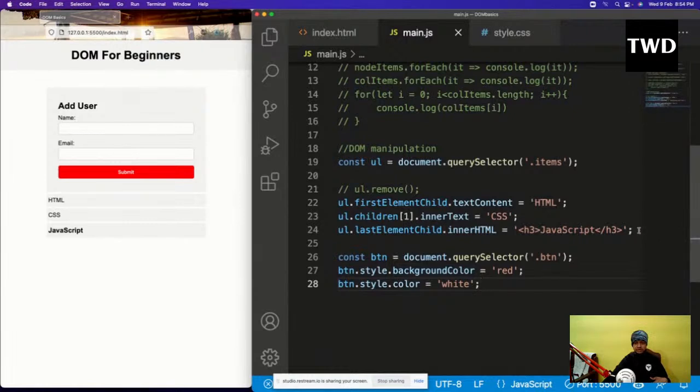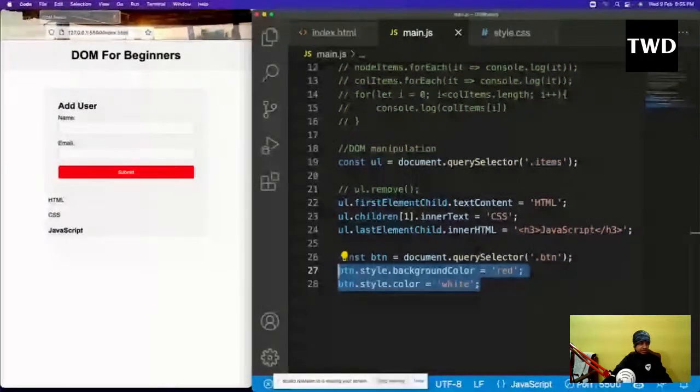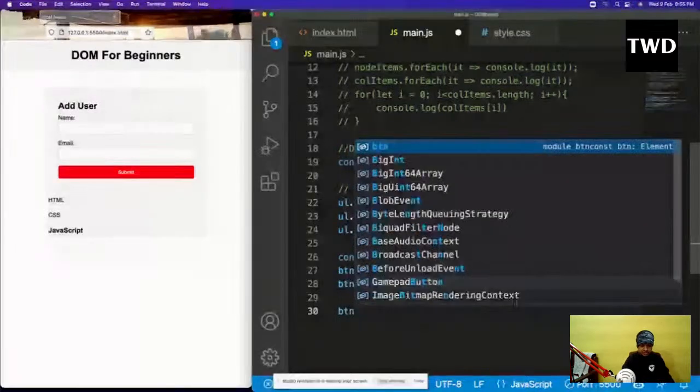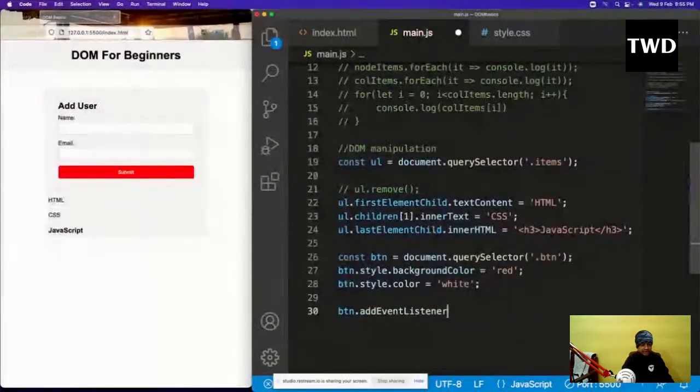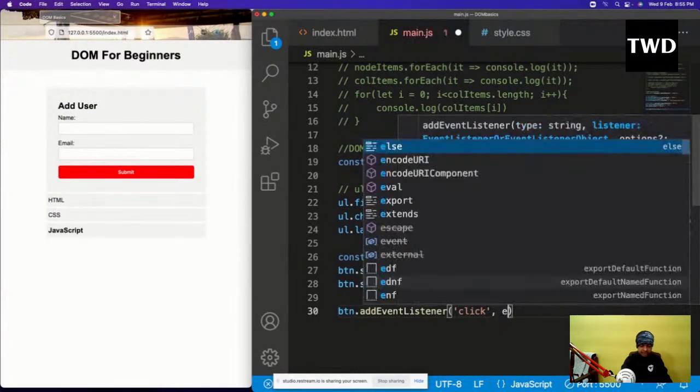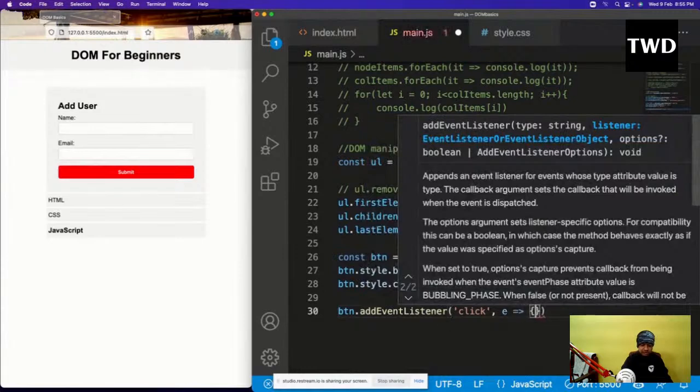First, we're going to come back to this. I'm selecting this button. This color and all this is okay, no problem. But btn dot addEventListener I'm going to have, and a click event listener. What is this click event listener? It is listening for click. In that, I have to pass an e. E is known as